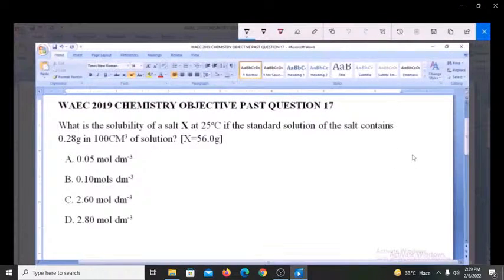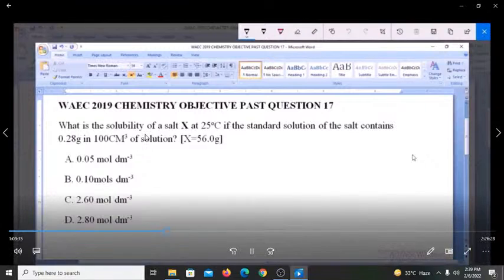I'm going to be answering WAEC 2019 Chemistry Objective Past Question 17. What is the solubility of a salt X at 25 degrees Celsius if the standard solution of the salt